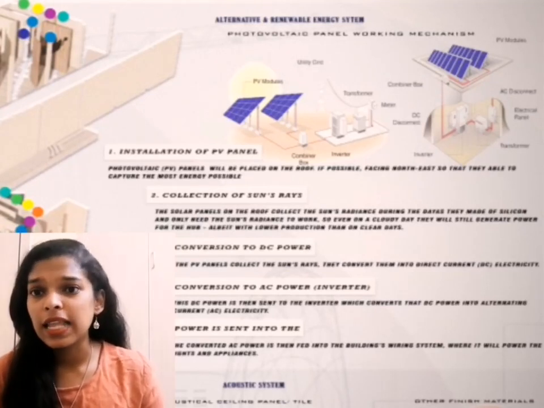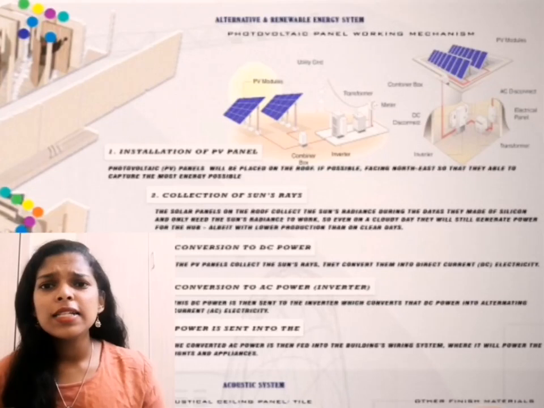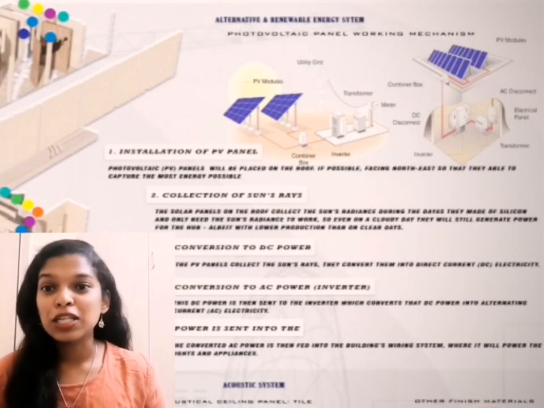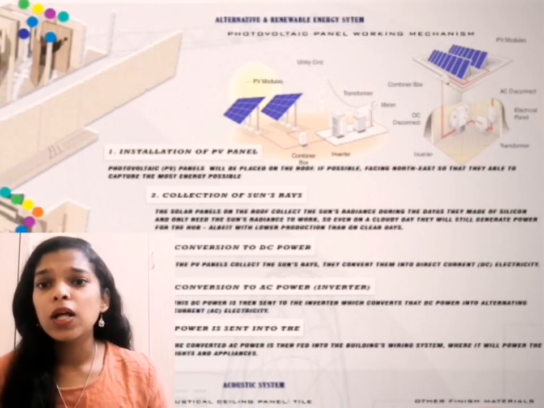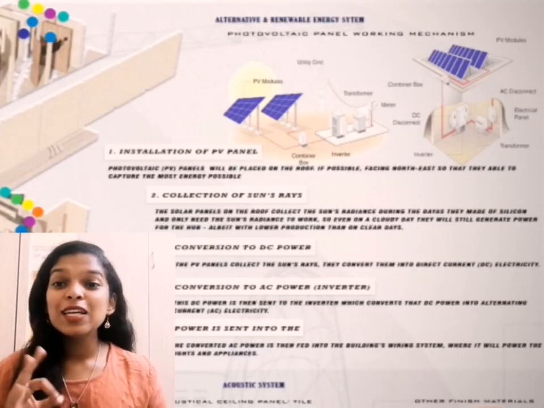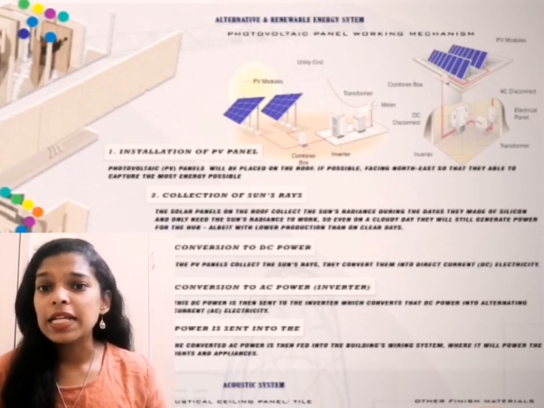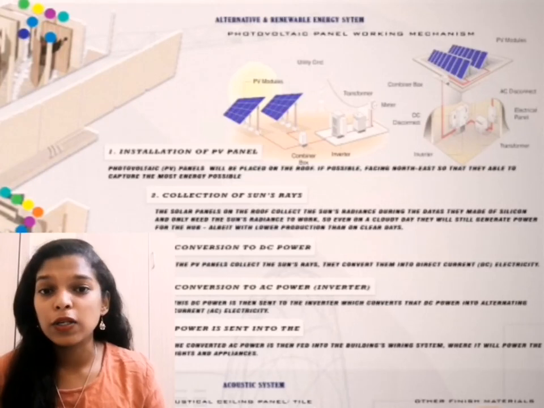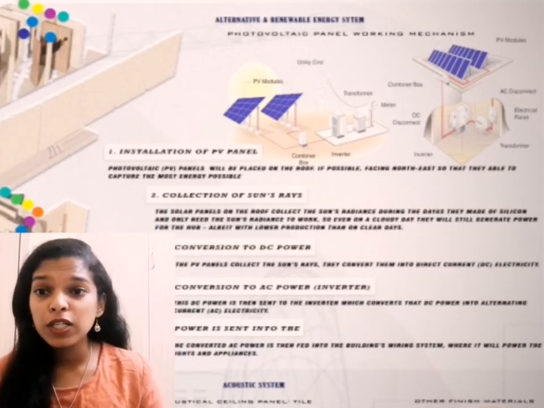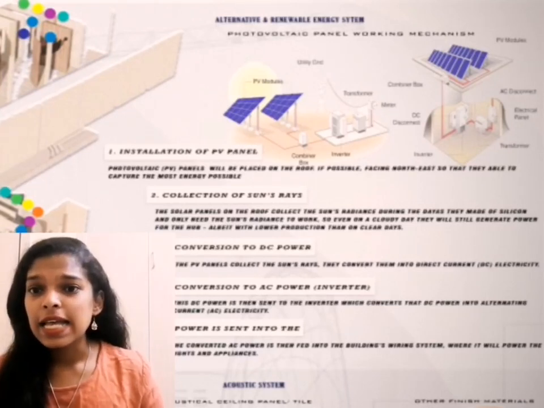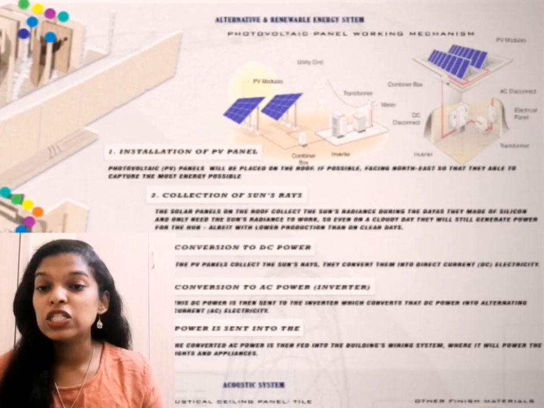They are made of silicon and only need the sun's radiance to work. So even on cloudy days, they will be able to generate power for the hub, albeit with lower production than on clear days. The third will be the conversion to DC power. As the PV panels collect the sun rays, they convert them into direct current, which is DC electricity. The fourth will be the conversion to AC power, which is the inverter. This DC is then sent to the inverter, which converts the DC power into alternating current, which is AC